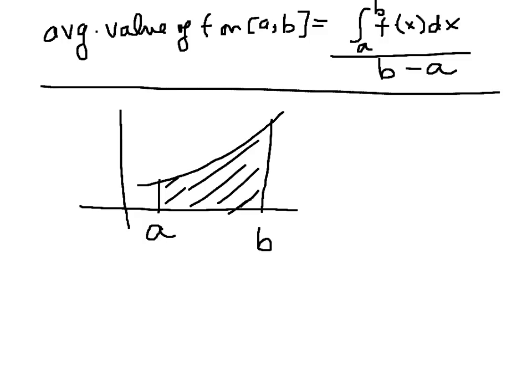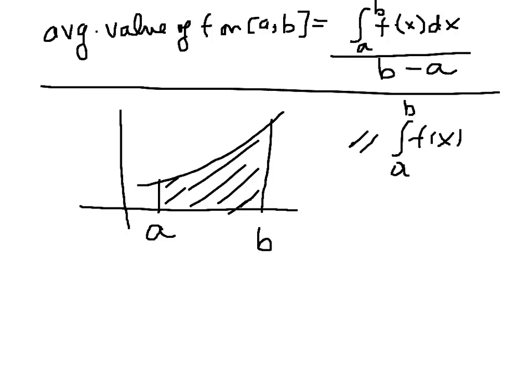So once again, believing that a picture is worth a lot of words, we see again that the definition of the average value of a function on this closed interval a to b is simply the area under the curve divided by the length of the interval. Okay, so let's look down at this picture. In the shaded region, that's equal to the area under the curve from a to b,